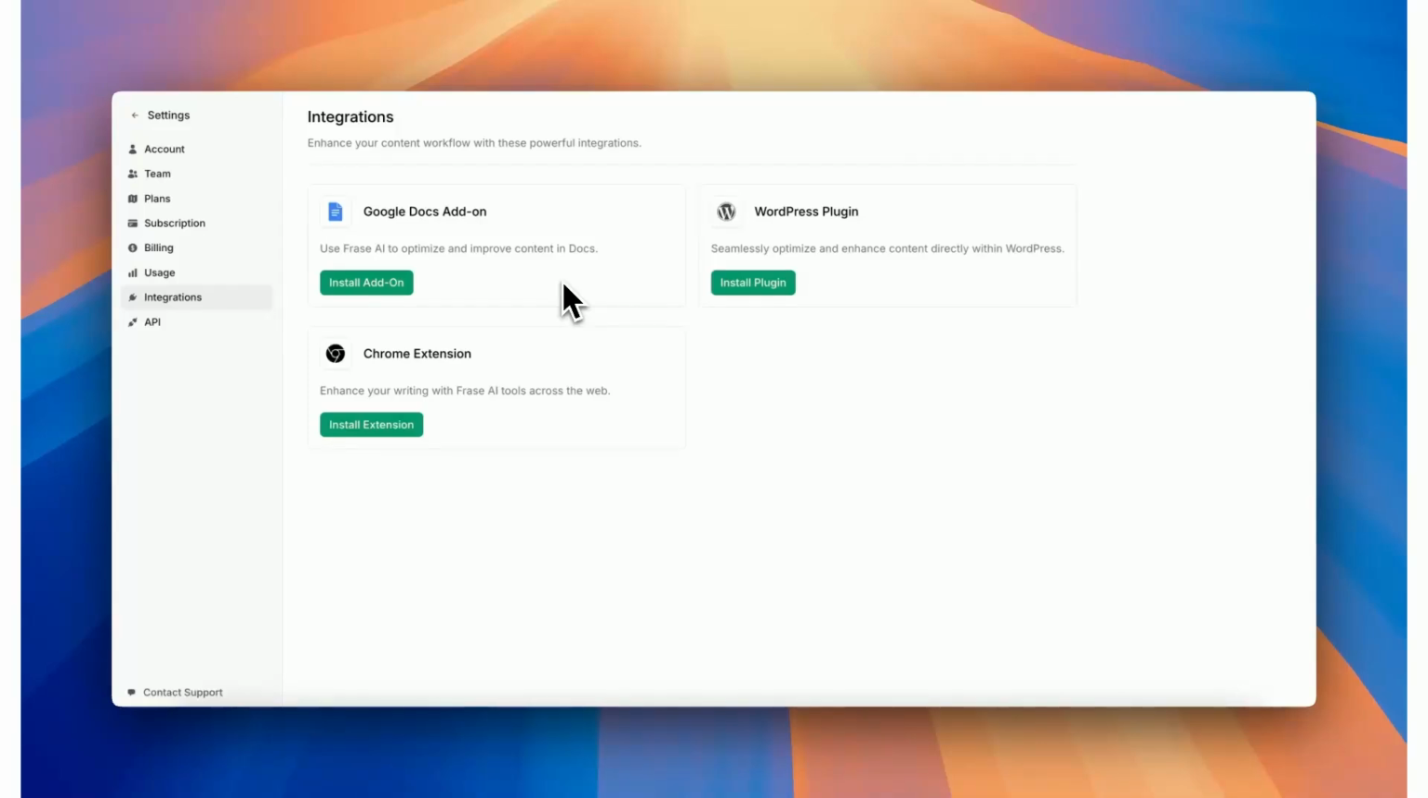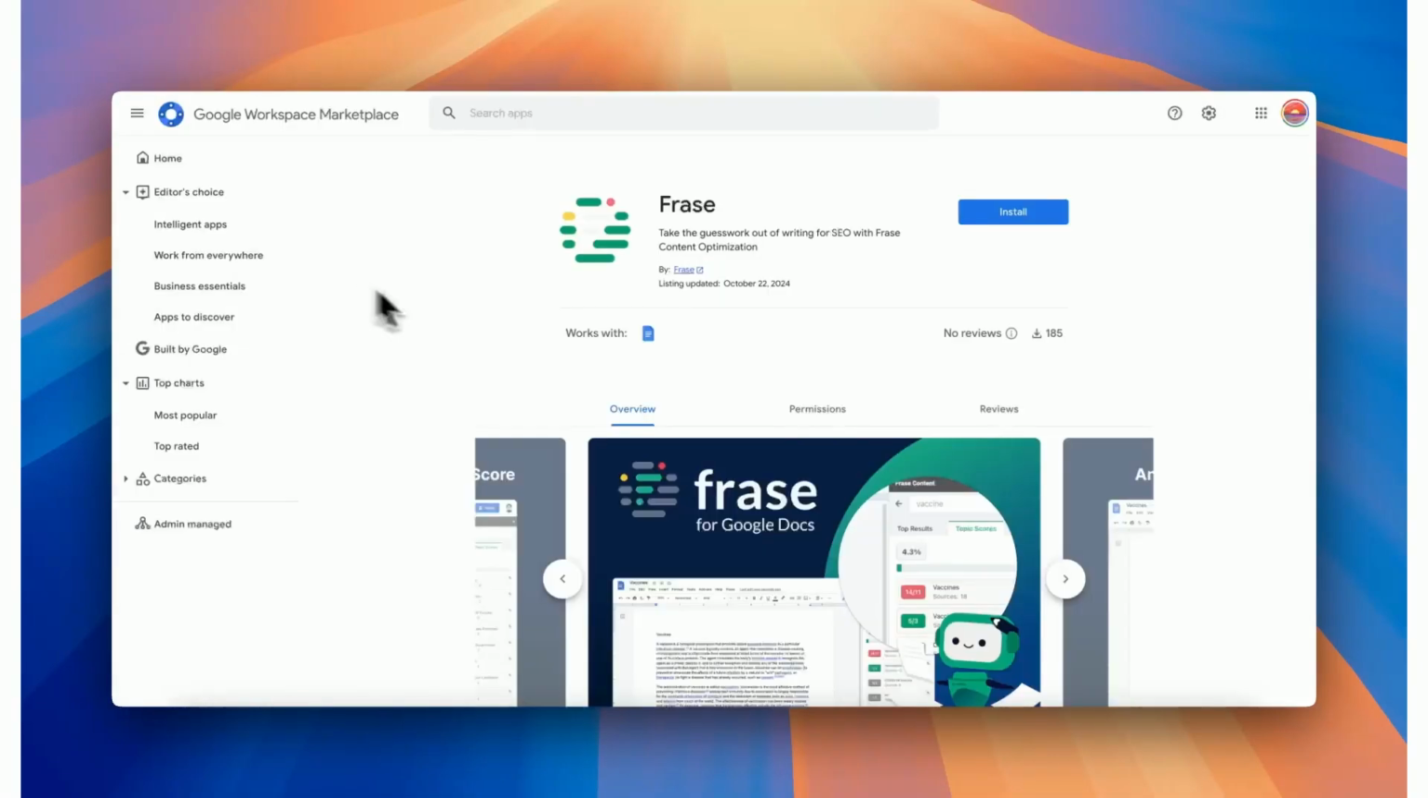In this video, we'll see how to connect and utilize Frase's Google Docs add-on. In your settings view inside of Frase, click the Integrations tab on the left. Then click the Install Add-on button. In the following Google Workspace page that comes up, click the Install button and sign into the Google account you